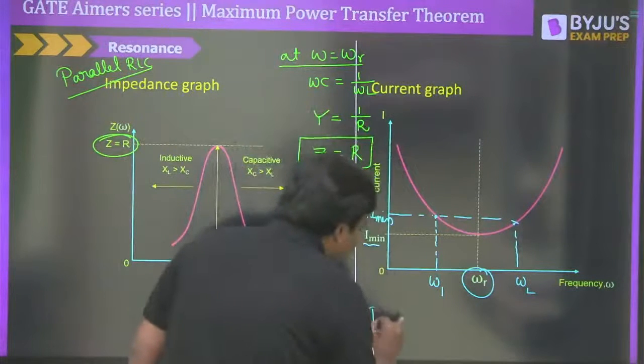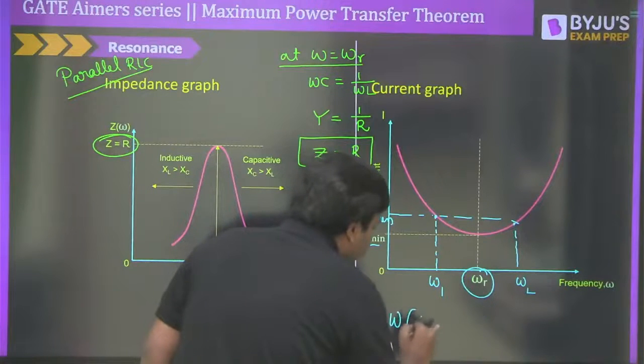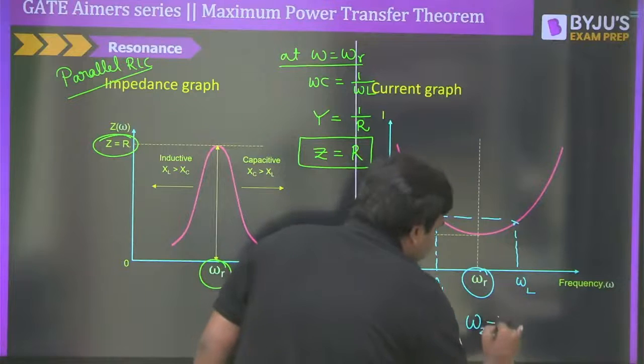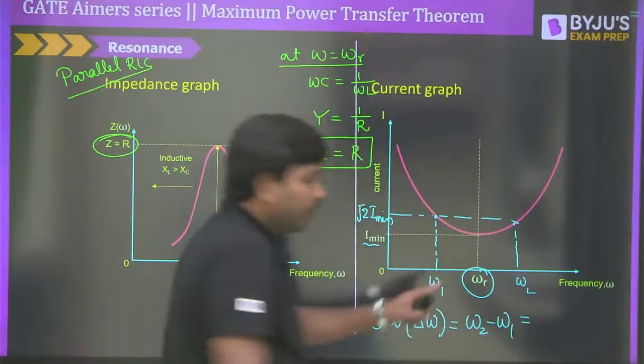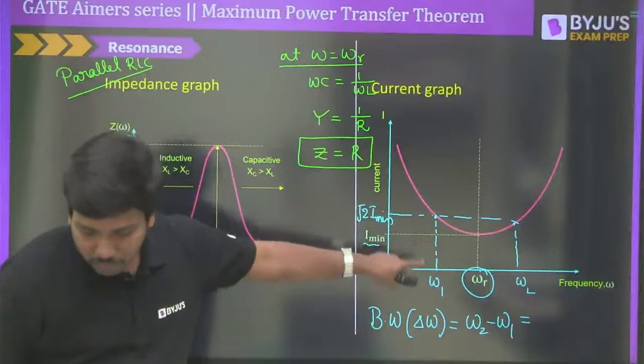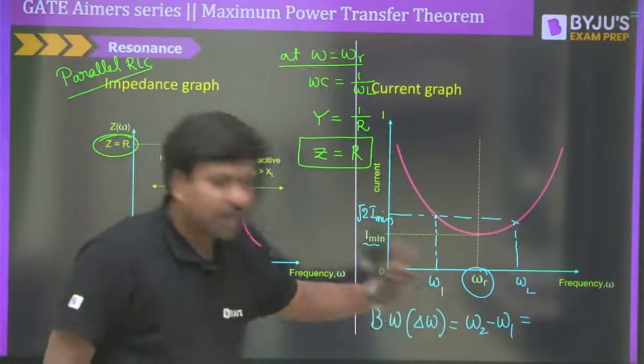let me write down clearly because I can't derive this. If anybody wants the derivation for this, you can refer to my recorded lectures, because I have already done it for the series RLC circuit, and it takes a long time. So let me use the formula directly for the parallel RLC circuit here.